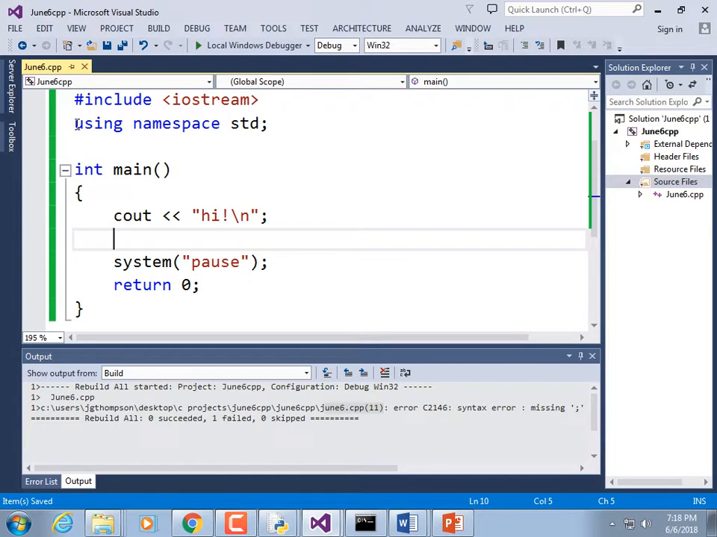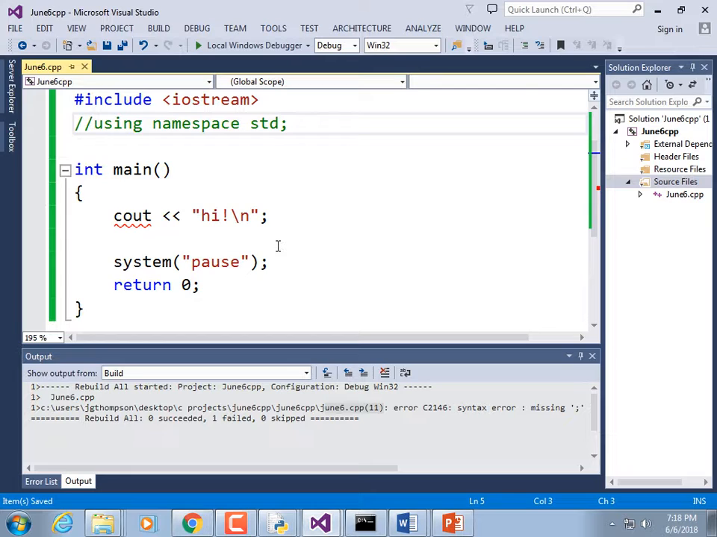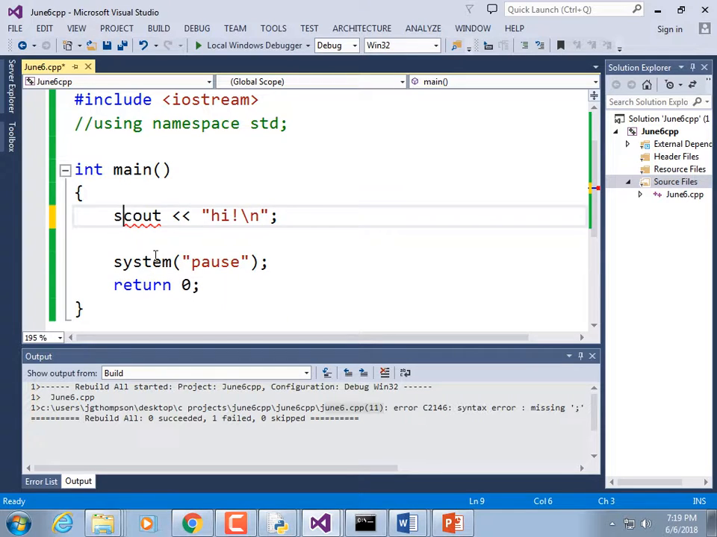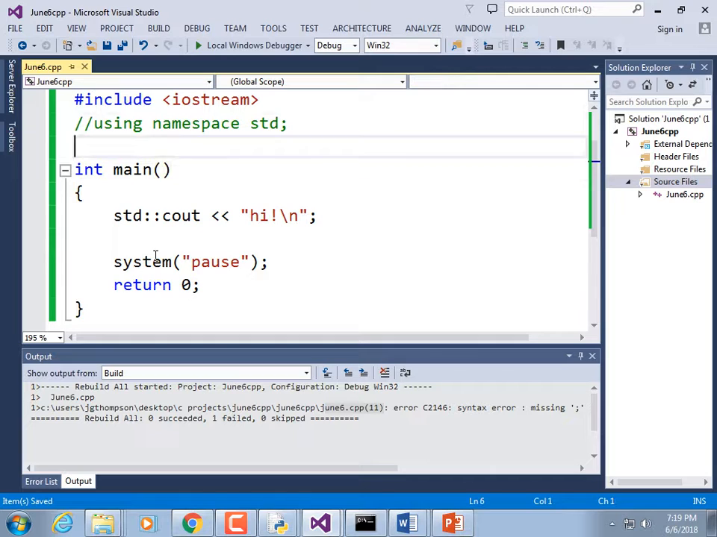So why do we have this thing, using namespace std? Comment that out and see what it shows you as being an error. All of a sudden, cout no longer works. You can fix that by coming over here and typing in std:: When you have using namespace here, what it does is it tells the compiler that we don't need to prefix